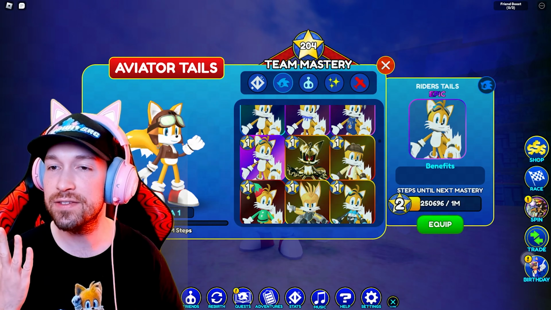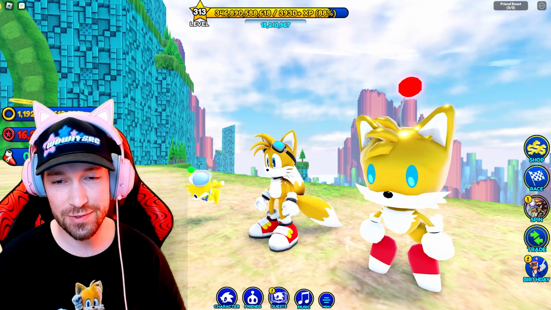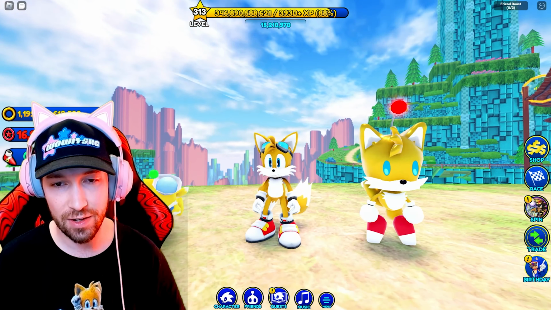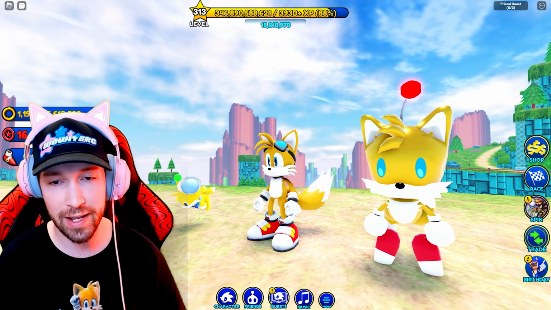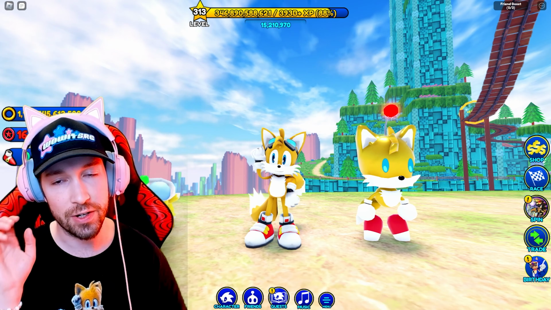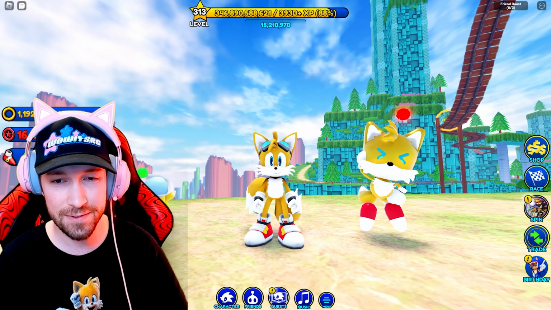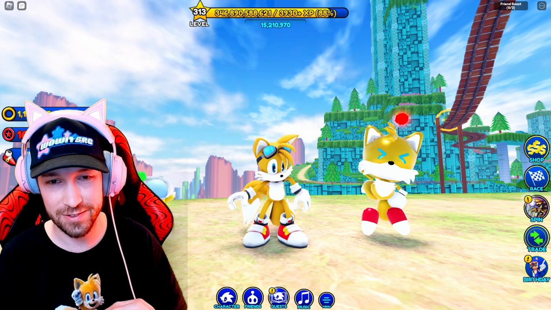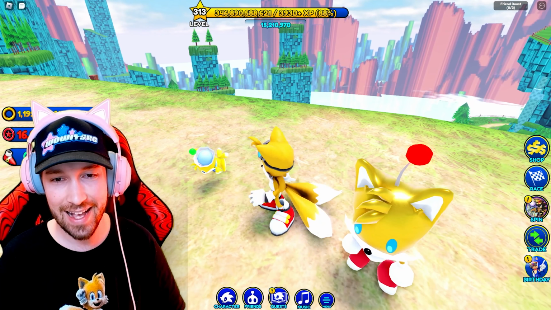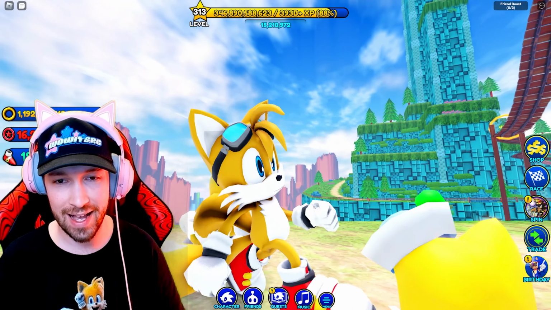Next on our list is Rider's Tails, another epic skin. And another case of an outfit swap, but this is a cool one because he's got some different shoes there. He's got these white and red shoes, but with white and yellow straps on them. As seen in Sonic Riders, he's got the goggles that are also from Sonic Riders, of course, and his gloves and, I don't know what to call those, it's like a little sleeve piece that's attached to his glove. It has this little gray strap as well, which is nice, which is of course as seen in